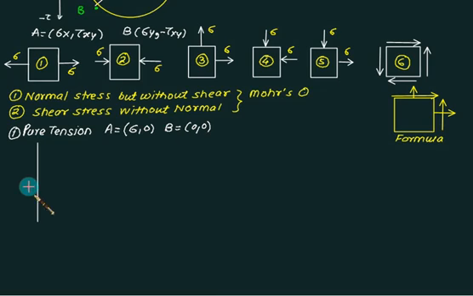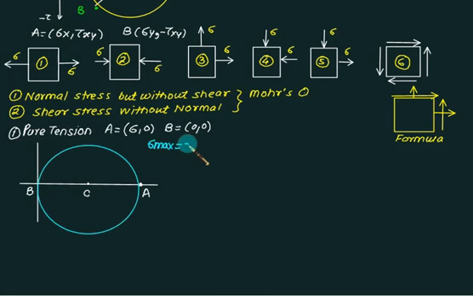So point B represents the origin. So let's draw the axis. Horizontal axis sigma. Point A will lie on the sigma axis and point B will lie on the origin. So we have a center at exactly the midpoint, that is sigma by 2, and we draw a full circle passing through point A and point B. So sigma max is the same as sigma A, equal to sigma. Sigma minimum will be equal to 0 and tau max is equal to the radius, which is sigma divided by 2. So very quickly we can generate information by drawing the Mohr circle.